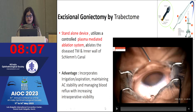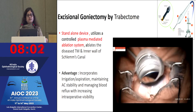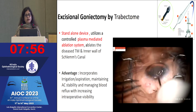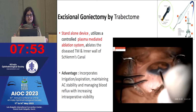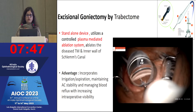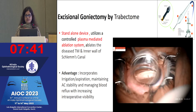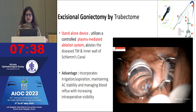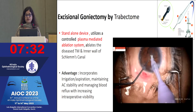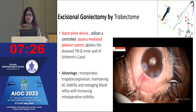So we started with this Trabectome in 2019. It's a standalone machine device with a plasma mediated ablation system, and the advantage with this is that you have inbuilt irrigation and aspiration which maintains the AC stability and increases intraoperative visibility. So you just engage the TM and then start ablating in one direction along the arc of Schlemm's canal, and you should not have any resistance. As you keep moving your gonio lens, you can target around 140 to 150 degrees, and then you can perform your phaco after that. So it can be very nicely combined with